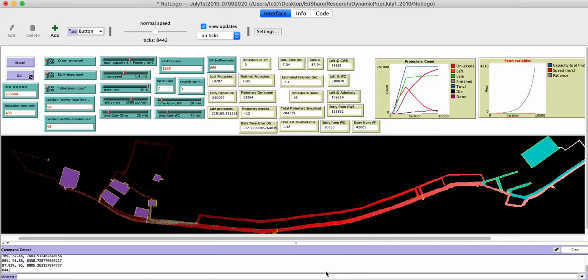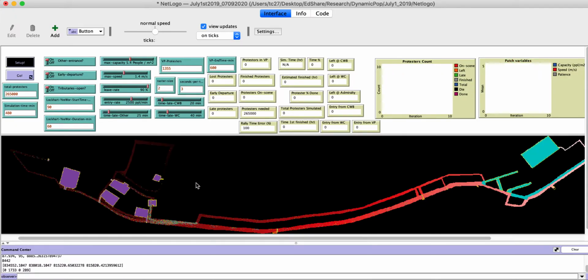So let me restart this model here. I just finished a run. You hit the setup button on the left, and it will load the map into the model again. And also let me clear some messages here. This is the console down at the bottom, so that the computer program will communicate some status to me. And here I try to simulate 265,000 people. So as I hit the go button,